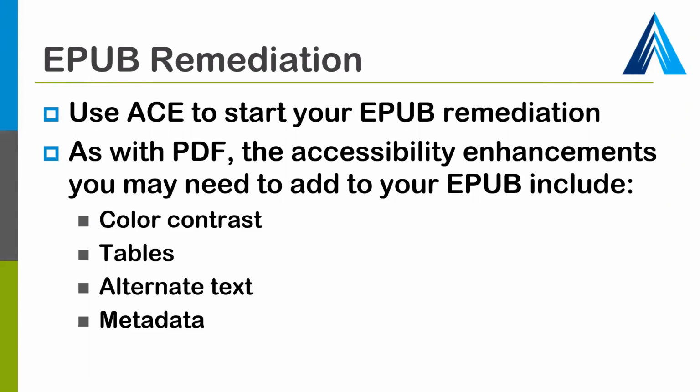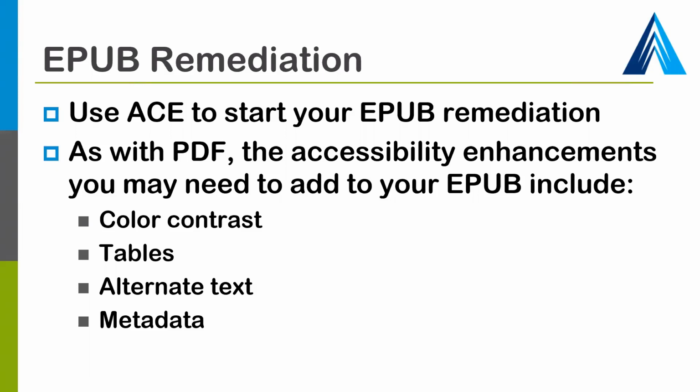Similar to other document remediation tools you may be familiar with, like for checking the accessibility of a PDF, ACE will provide a report where you can easily look up information that is relevant to the type of error you may have encountered in the EPUB. Since an accessible EPUB is built upon the proper use of HTML and CSS, learning how to remediate an EPUB could appear as a daunting prospect if you're not familiar with these technologies, but you really don't have to be an expert in HTML to make some of the common adjustments that you'll need to make in your EPUB,